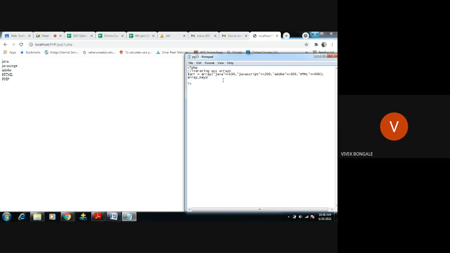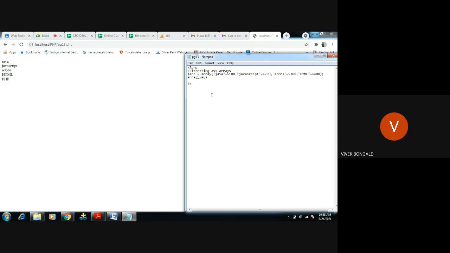By using these keys we are going to iterate, because earlier, by using this key, we were retrieving this value. But here we have so many keys, 4 keys, with different values. We want to retrieve all 4 keys' values and display them in the browser. To do that we are using array keys.